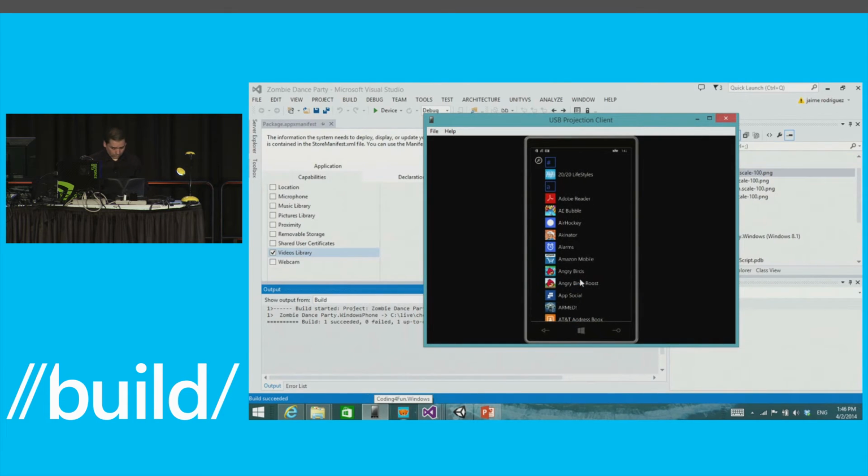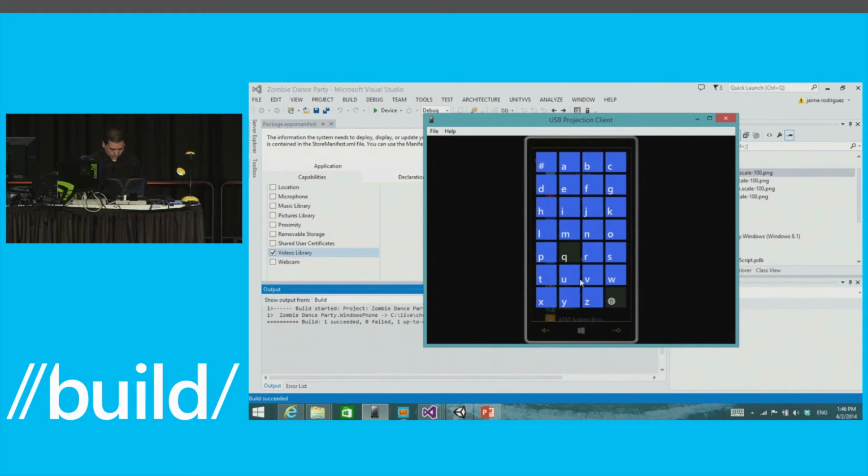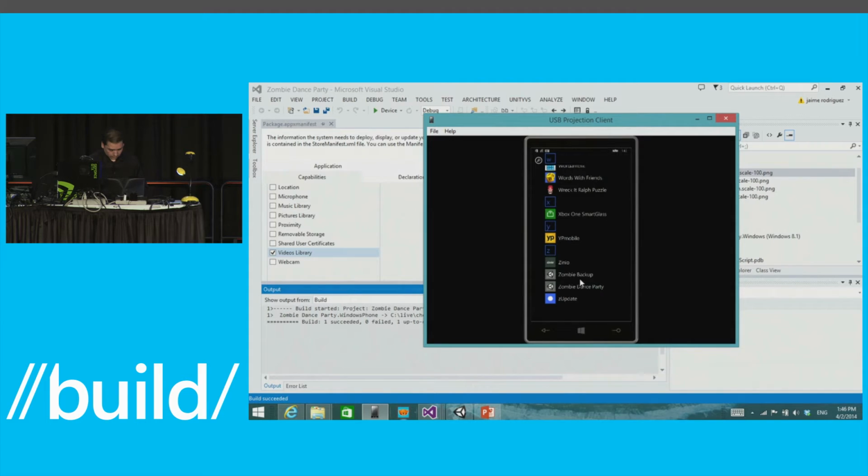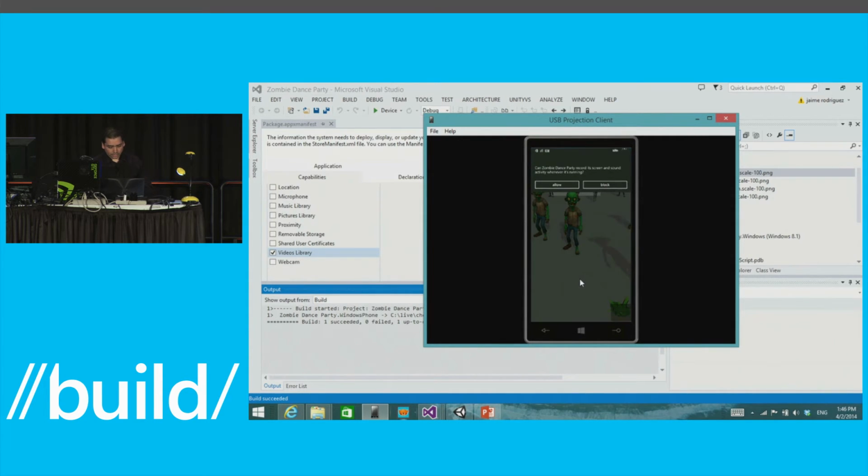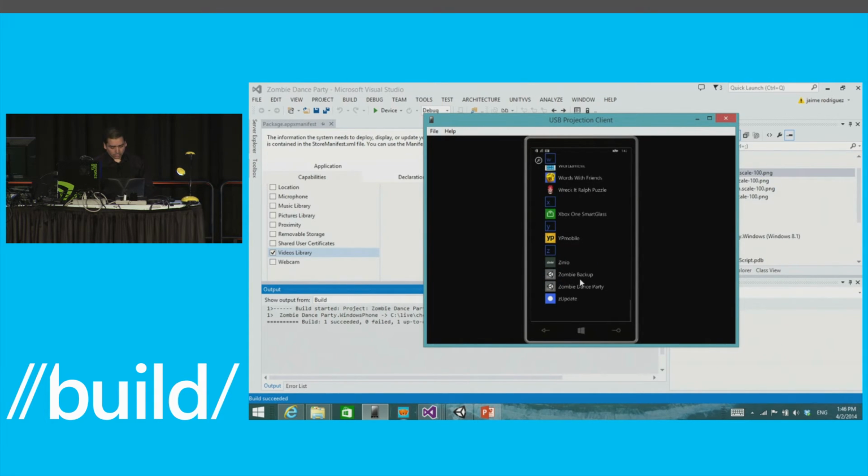And so you see the zombie party. It's the exact same game. There's a button at the bottom of the screen that I didn't show you earlier. I can just click. It says, hey, do you want to record? I say allow. Ooh. That I haven't seen. Let's try it.